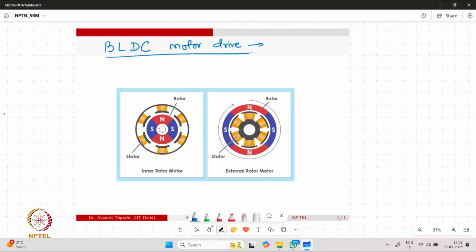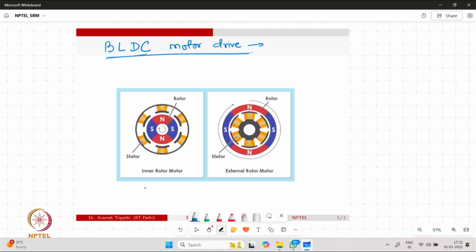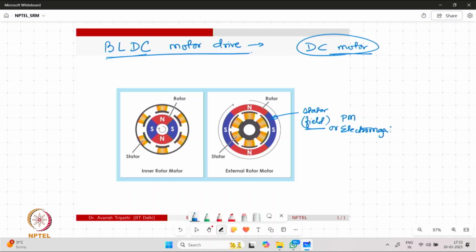So the next machine we are going to discuss is basically the BLDC, brushless DC machine. It's a different configuration where we have the flipped arrangement compared to the traditional DC motor. In the traditional DC motor, we have the stator consisting of the field, where through permanent magnet or electromagnet the flux lines are established, and then we have the armature